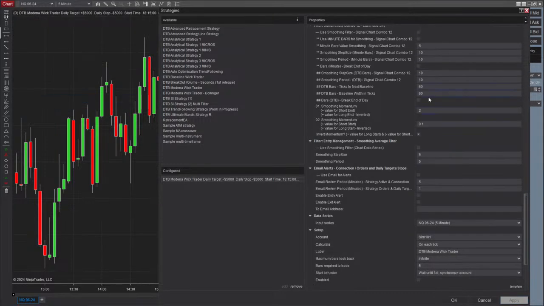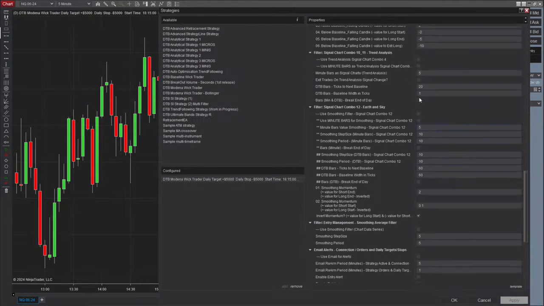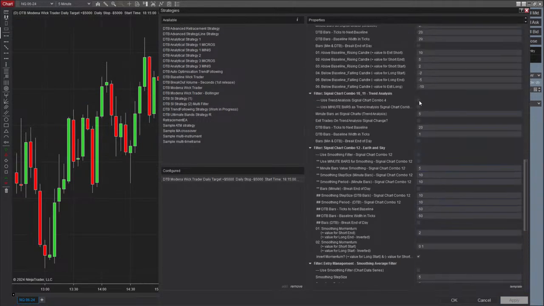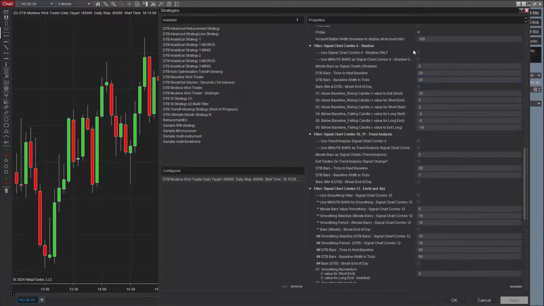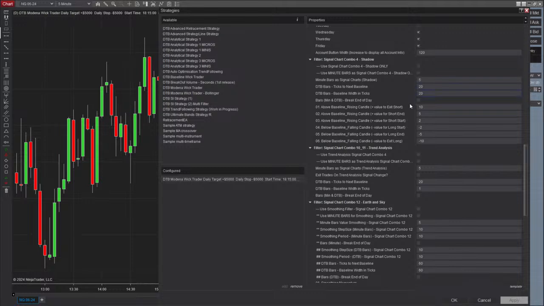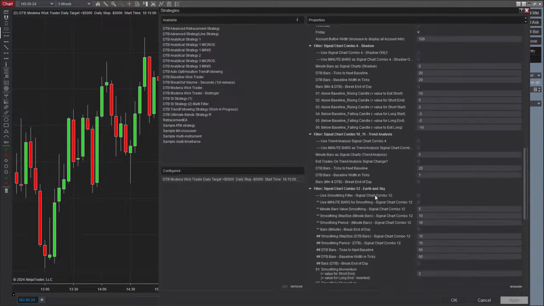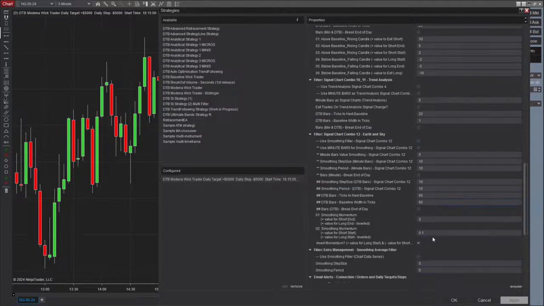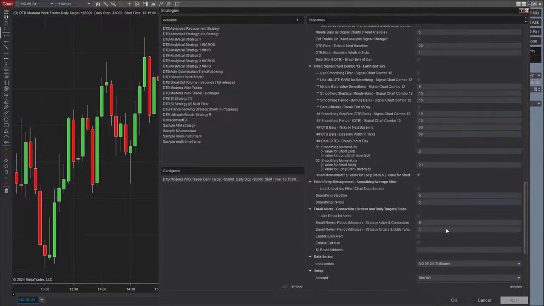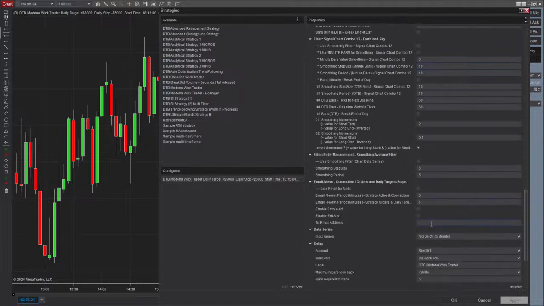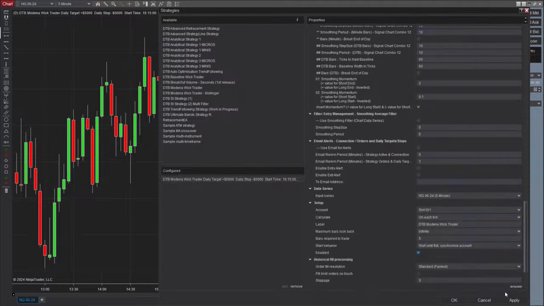Okay, so just making sure all the filters are off, like the shadow. If you could just use it with no filters at the moment, so just deactivate all the filters, which is the signal chart, combo 10, 11, 12, all of those. Just leave them off for right now, and start and pause the strategy based on what you are seeing on